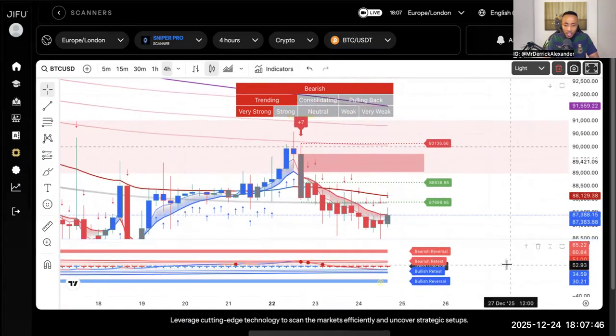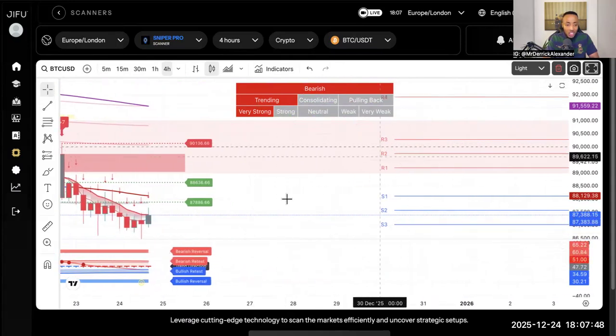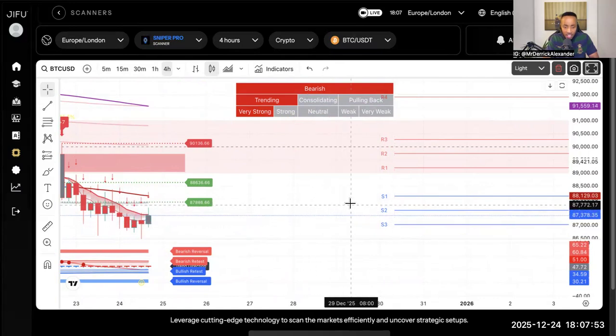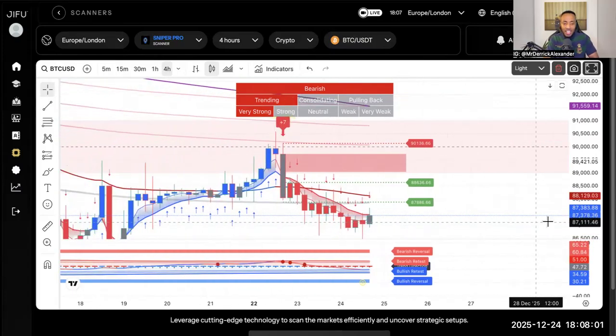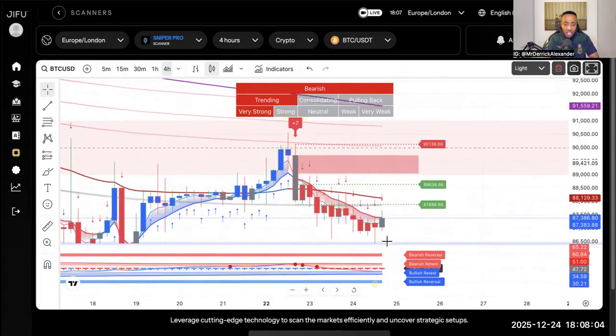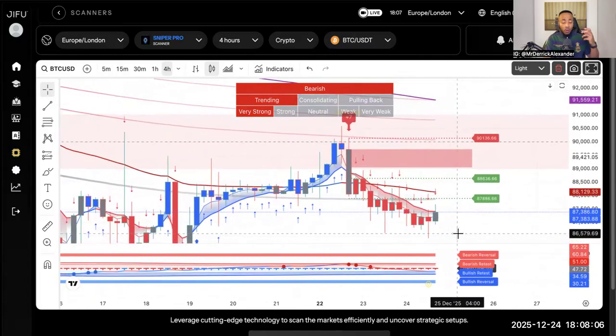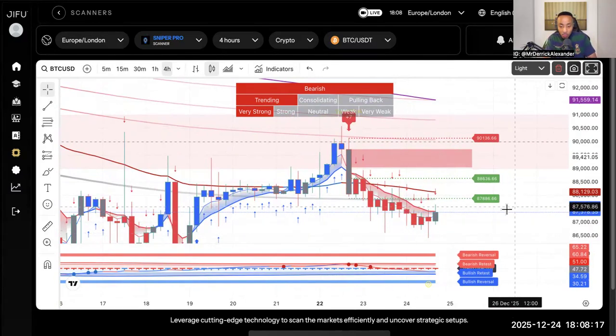You've also got these pivot points as well, which could be another TP3. This is like TP1, TP2, and around here could be a TP3. These pivot points add another level of confidence to your trading strategy, where you're looking at the points that the AI system is giving you and you're able to decipher, okay, this could be another TP. If you put a TP3 and a TP4 here, you would have actually hit TP4 with this trade